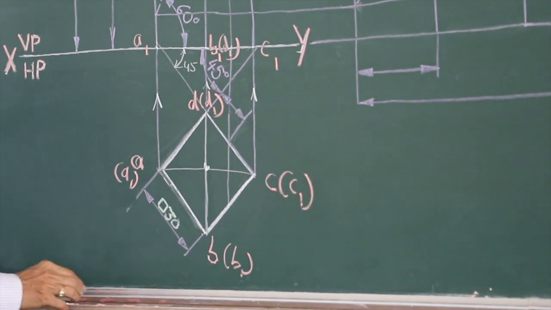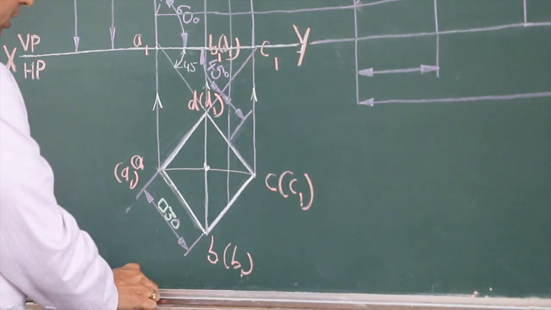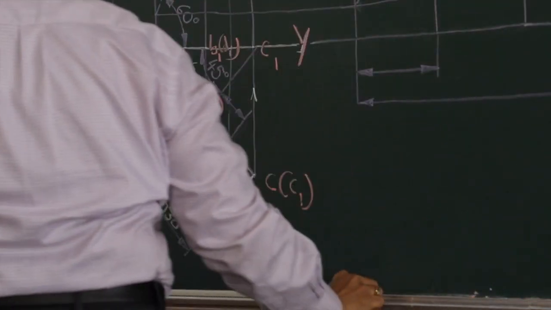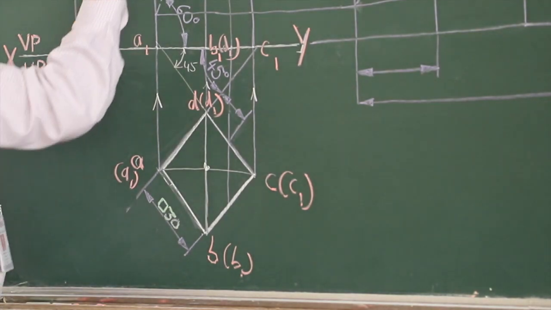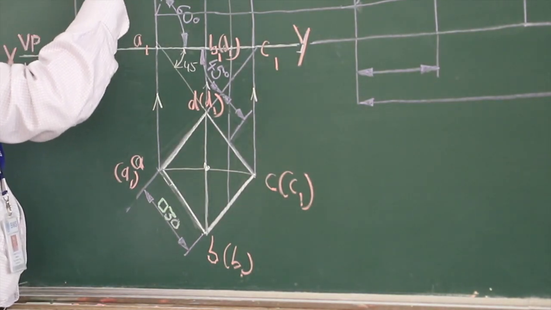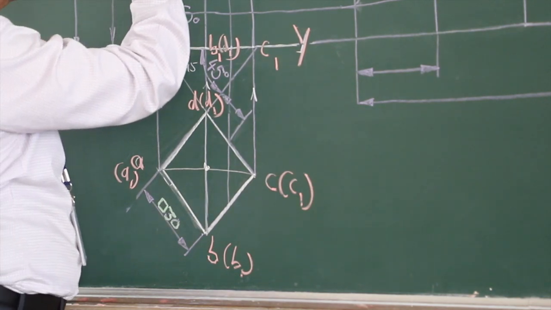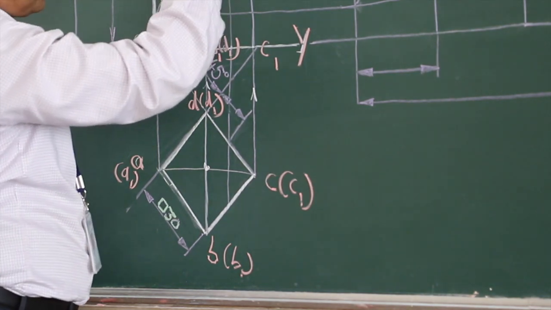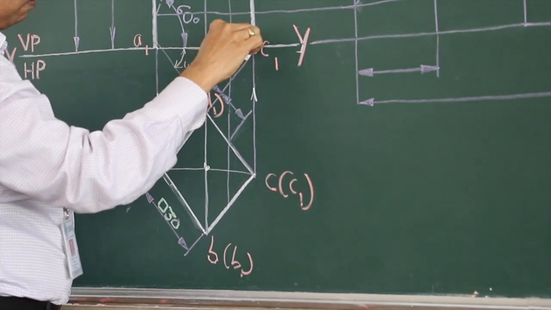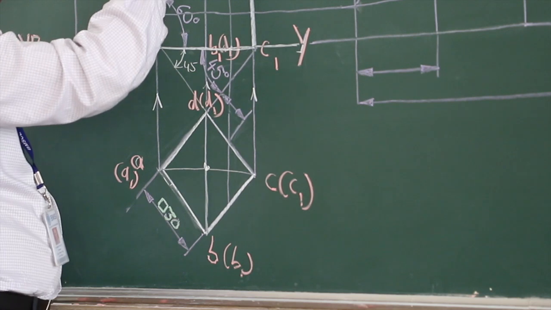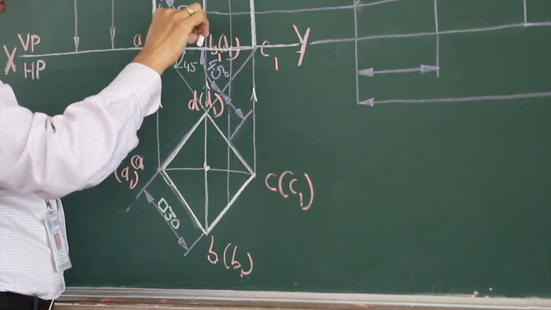Then take the vertical height of the prism, which is given as 60 mm. So the height of the prism or length of the prism is 60 mm. So draw it for 60 mm height by continuous thin line. Don't make it dark because this object is going to be cut by some portion. So make it like this and complete this front view. Remember, this is a visible edge and I need to just make it thin right now.